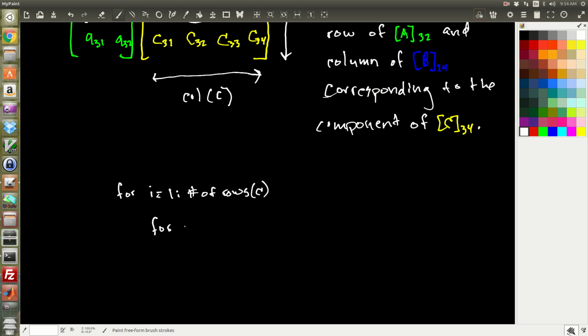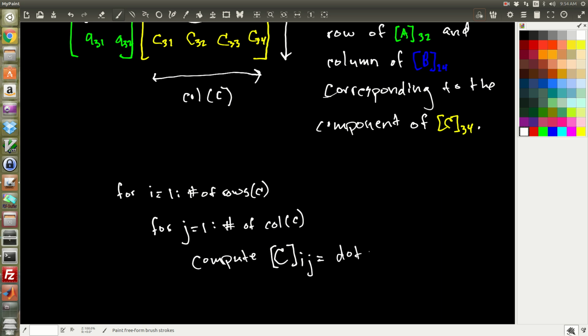I'm going to call the index relating to the columns J. For J equals 1 to the number of columns of C. Then in here I'm going to say compute C I J is equal to the dot product